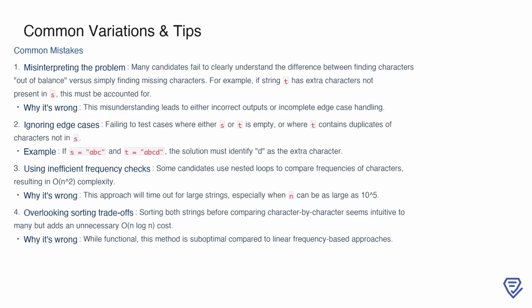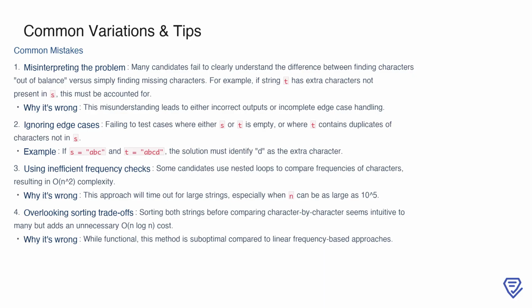It's important to understand that we're not just finding missing characters but specifically identifying the extra character in the second string, T. For example, if T has characters that aren't in S, those must be accounted for correctly. Misunderstanding this can lead to incomplete or incorrect solutions, particularly in edge cases. Speaking of edge cases, ignoring scenarios where S or T is empty, or where T includes duplicate characters not in S, is another pitfall. For instance, if S is ABC and T is ABCD, the solution should correctly identify D